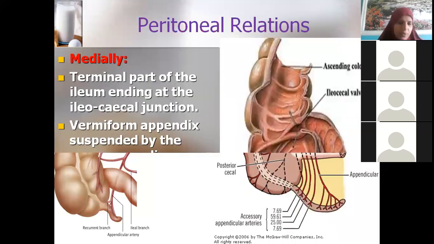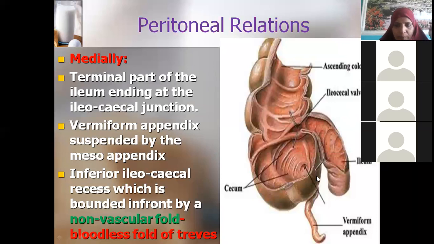Yes, ma'am. Now see here, to continue with this, when you see the interior of the cecum, you have two openings. One opening is the ileum, which is showing two folds, like two lips, like frenula, the upper lip and the lower lip. The other opening you are finding here is the appendix. So the terminal part of the ileum is ending at the ileocecal junction. The vermiform appendix is also opening, and it is suspended from the cecum by a fold of peritoneum, which is called mesoappendix.